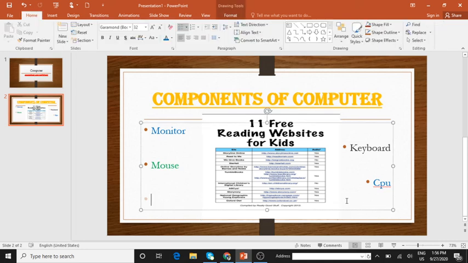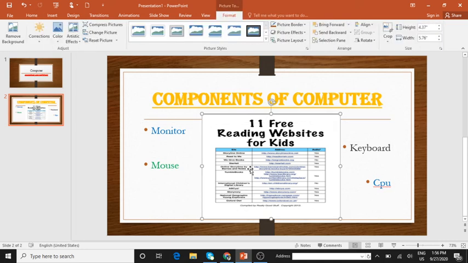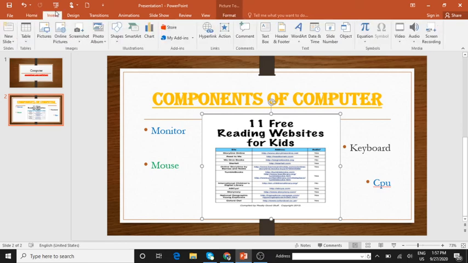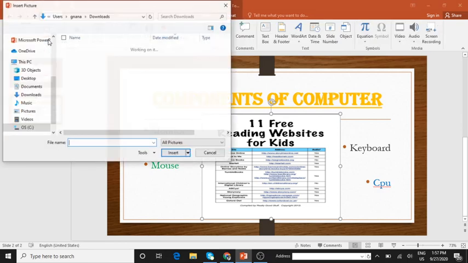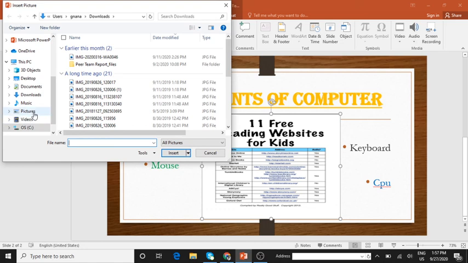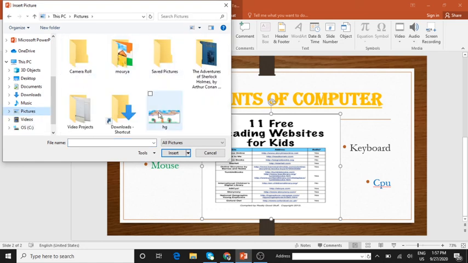Okay, can you see this? Yes, you just see that. Okay, so this is how you are supposed to insert a picture. Click on insert, click on pictures, and you can select pictures you want from wherever, like if you already have it, or you can even go to the internet and search it.